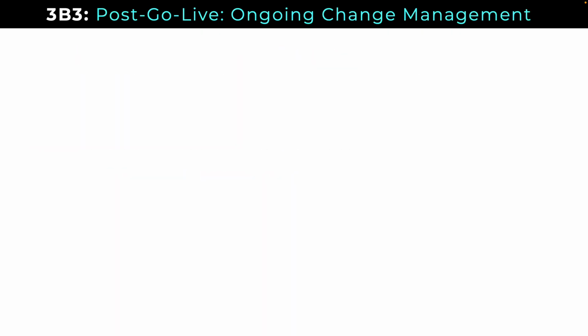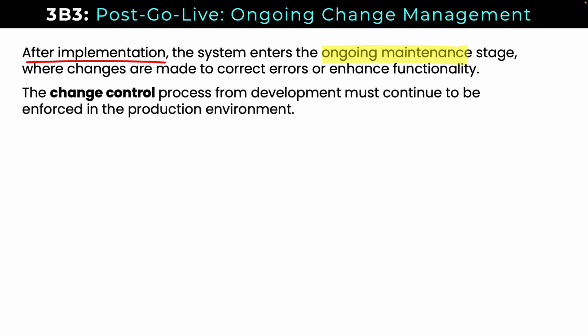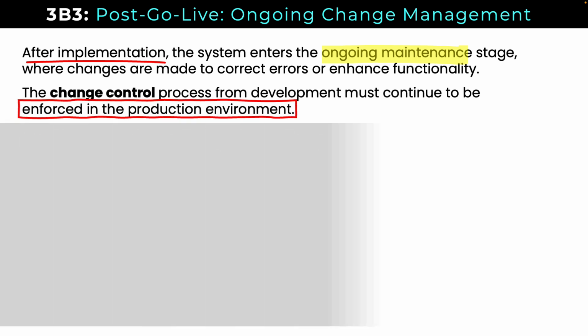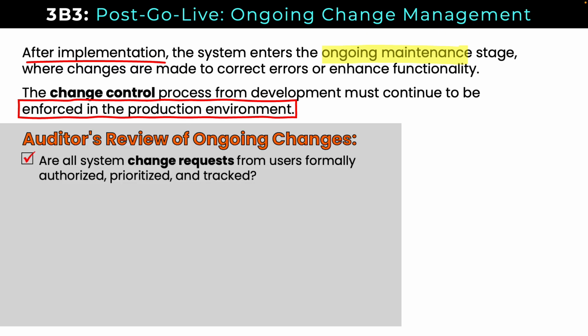So let's talk post-go live, ongoing change management. After implementation, the system enters the ongoing maintenance stage where changes are made to correct errors or enhance functionality over time, repeatedly. The change control process from development has to continue to be enforced in the production environment. From an auditor's perspective, your review here would be to confirm all system change requests from users are formally authorized, prioritized, and tracked,